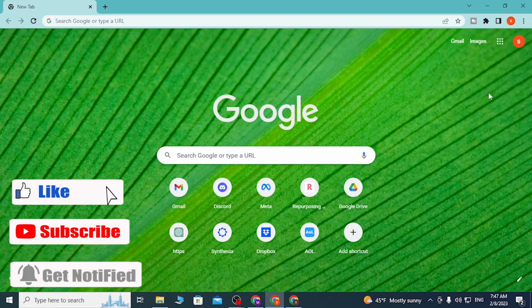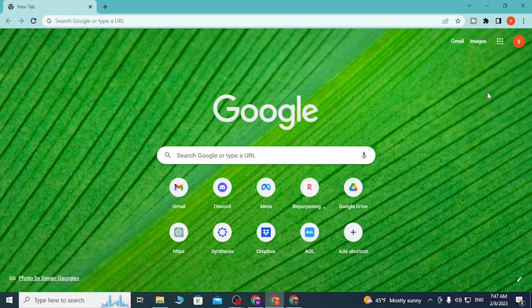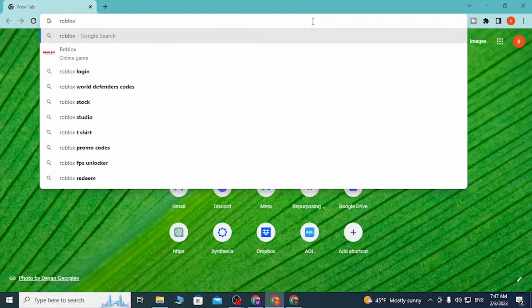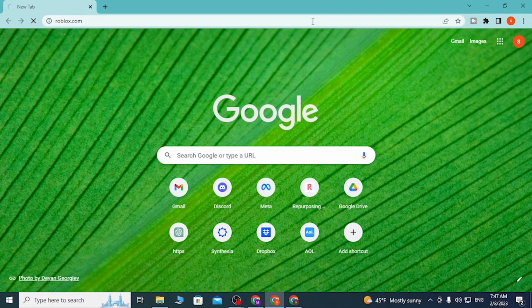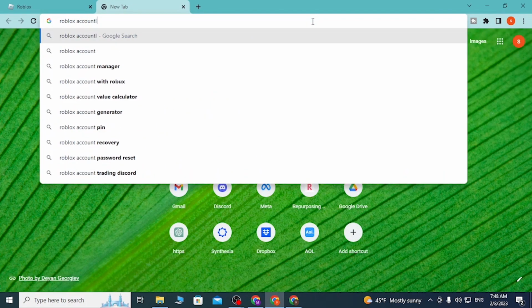Now, to sign into your Roblox account online on your computer, first open up your preferred browser, as I have already opened Google Chrome. And on the search bar, click over there and type in roblox.com like this and hit enter, or you can simply search for Roblox account login like this on